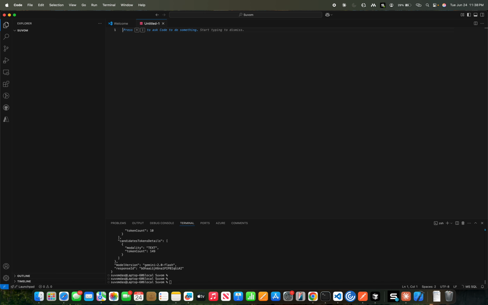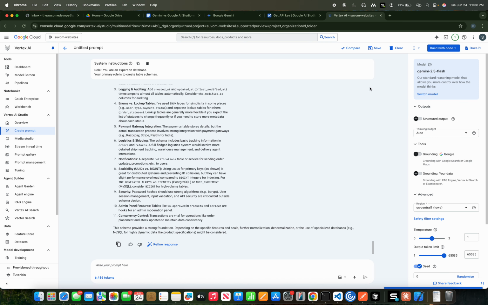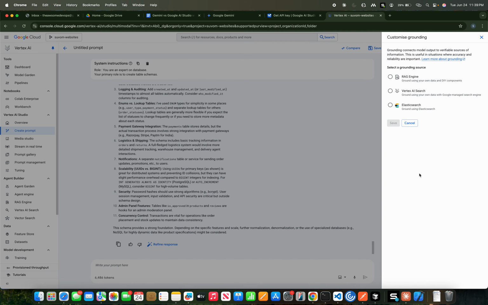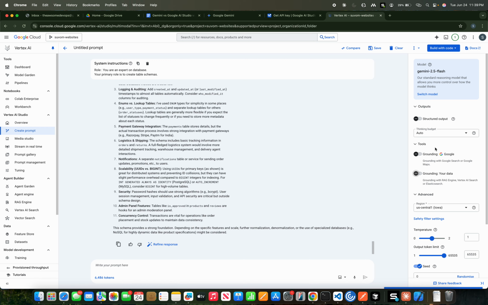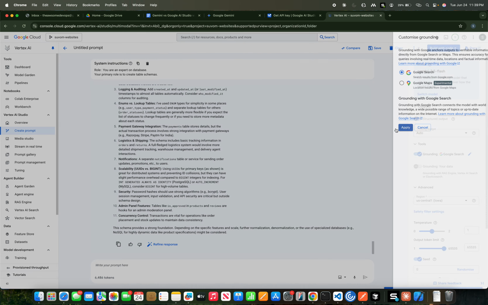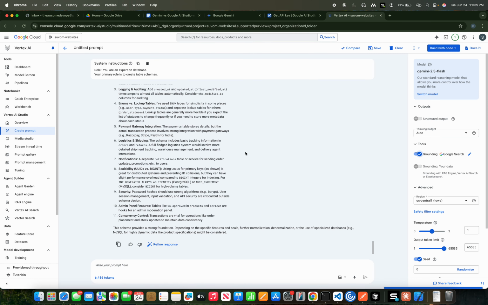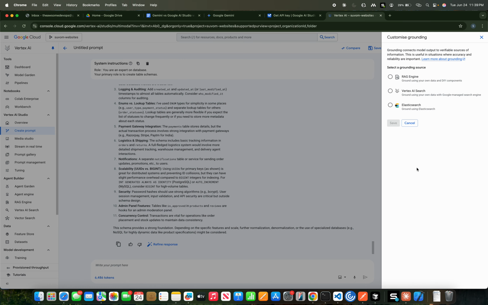So it's more production ready, and it also provides access to something more, that is grounding your data. So what does grounding with Google Search mean? When you ground with Google Search, for your question, it will search on Google. But let's say as an organization or as an individual, you might have some data which you don't want to share with Google or publicly, but you want to refer to that data when the response is getting generated. So what you can do is enable grounding with your data,